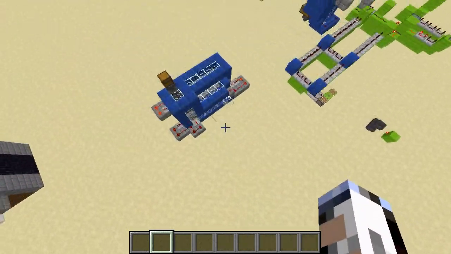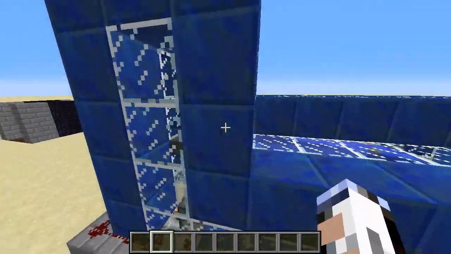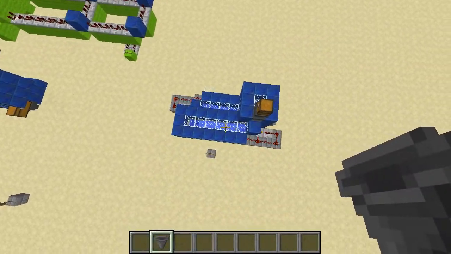Now, if you're wondering how to take it out, it's really easy. I'll actually show you now. Now, in this model, I actually don't have a way to take things out other than just taking it out, since this is one that you would build if you have too much cobblestone. But